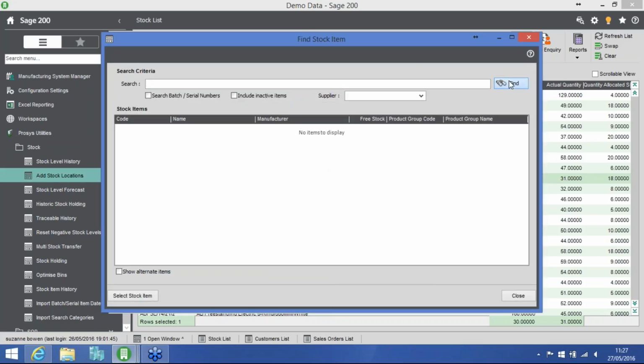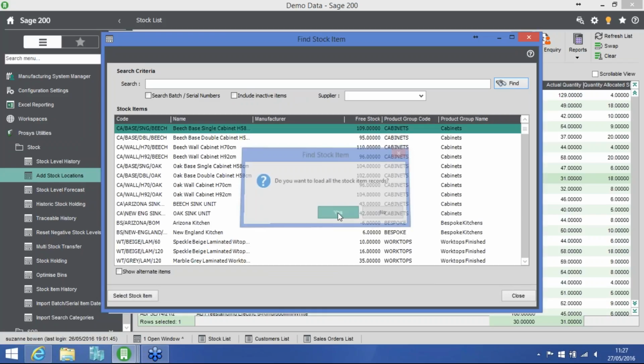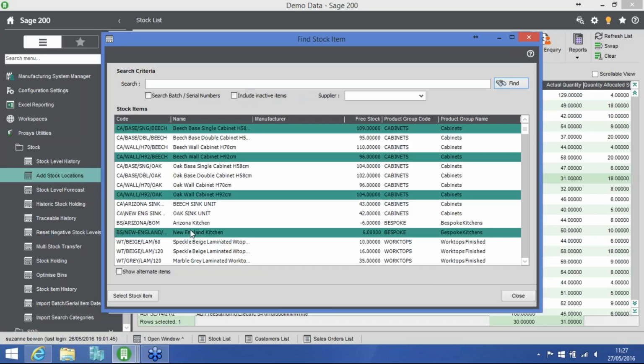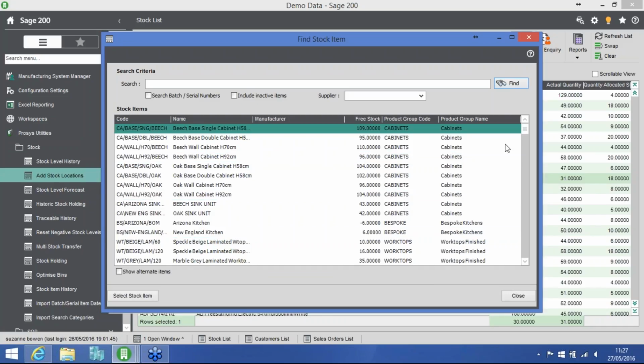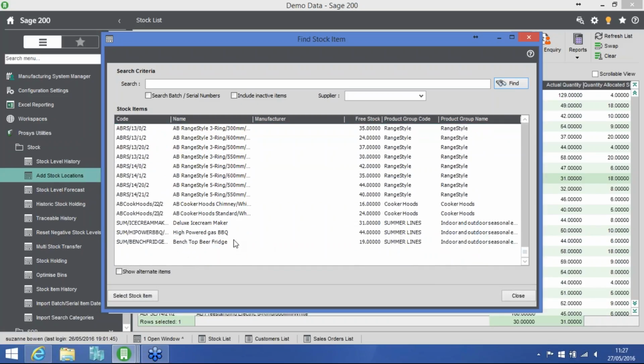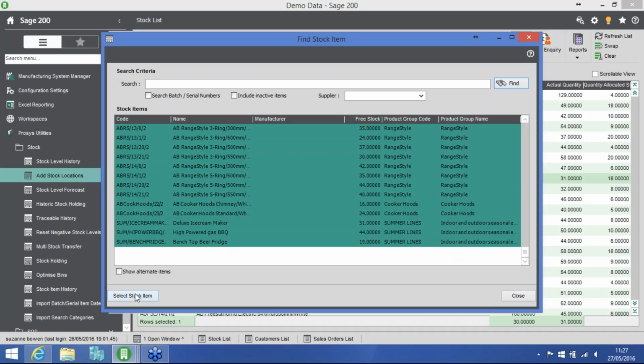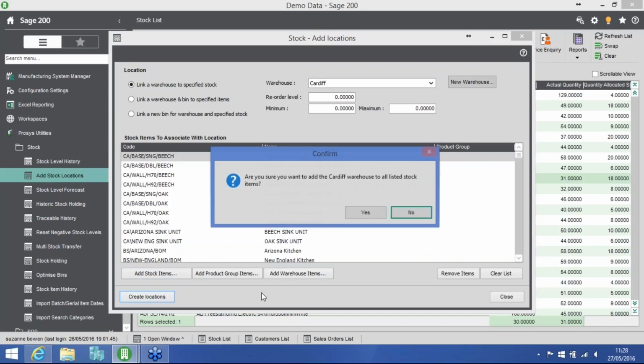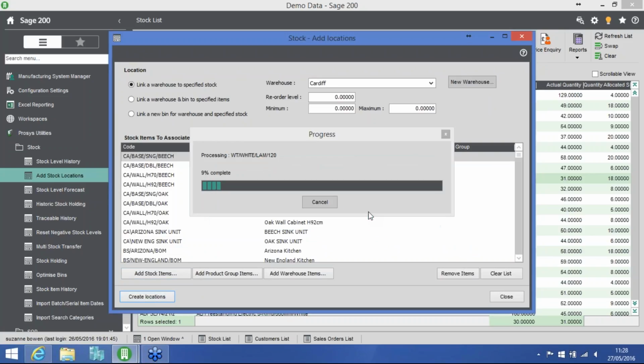I can be specific by doing a search, or I can just load all of my items, and I can say, right, this item, this item, this item, and this item are going to be added to my Cardiff warehouse. Or I can select all of my stock codes and then just select Create Locations, and that will associate our Cardiff warehouse for every stock item that we're holding. So if I just create the locations, and I'm going to say yes to that,